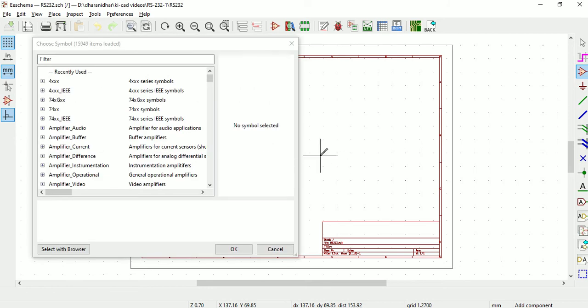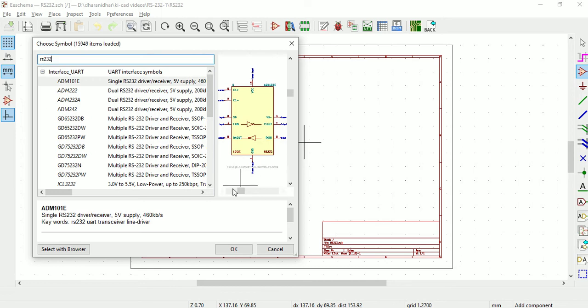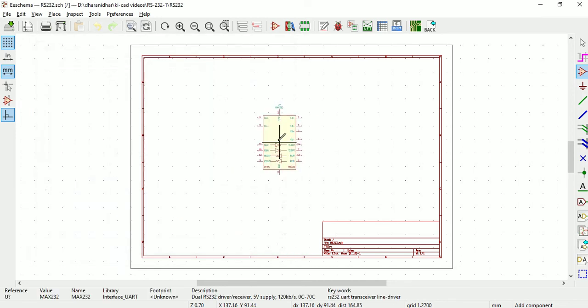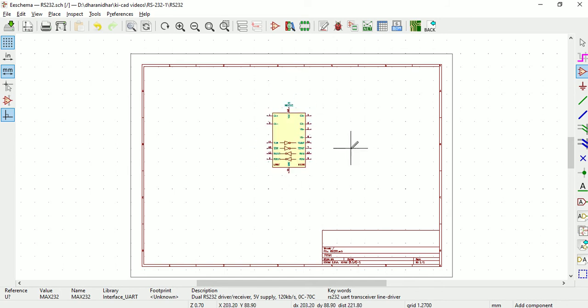So for placing the symbol, you have to click here. This is the place where you will have symbols, and when you click here, it says loading libraries. One of the important features of all the EDA tools available in the market is that they will give some predefined libraries to you. You need not create everything from scratch. If something is required, just create your new symbol. Otherwise, there are mostly many symbols available.